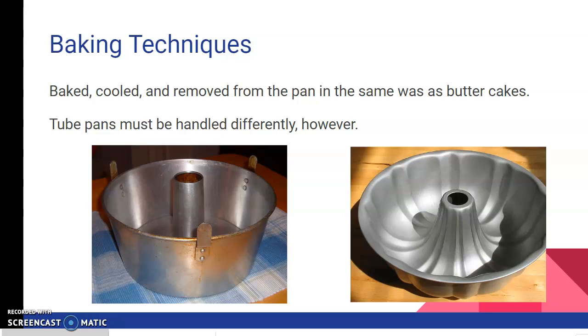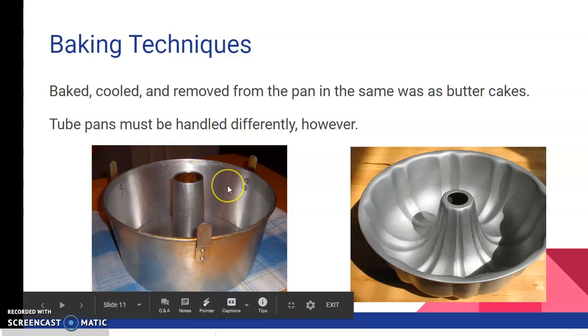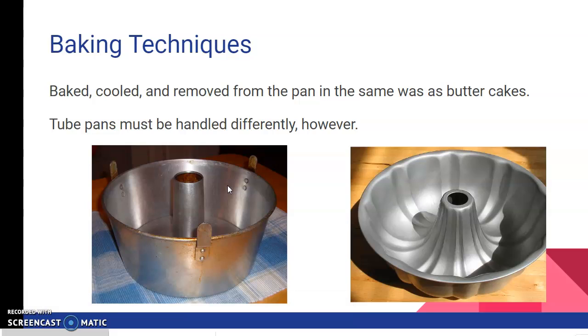Okay, so let's talk about some baking techniques. You're really basically going to bake, cool, and remove the foam cake from the pan the exact same way as the butter cake, but it's important to recognize that tube pans actually have to be handled a little bit differently. And remember, you can tell it's a tube pan because there's actually a tube in the middle of the pan. And you're going to remove cake from a tube pan a little bit differently. So how you're going to do that